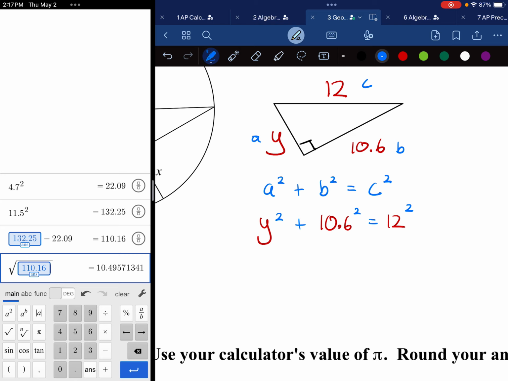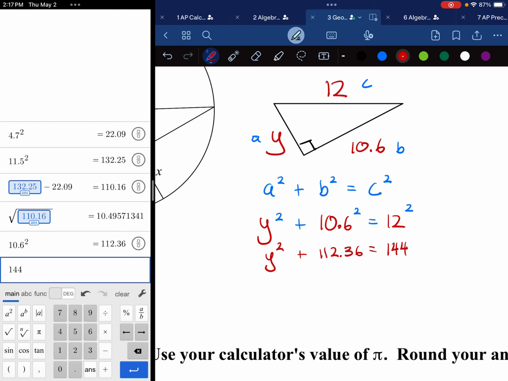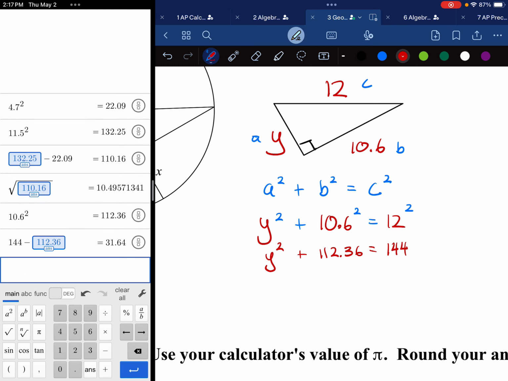And we have a calculator, so I can do this a little bit faster, but I know y squared is still y squared, nice and easy, plus 10.6 squared. Don't know what that is off the top of my head. 10.6 squared is 112.36. It's going to be equal to 12 squared, which I do know off the top of my head, which is 144. And then I have to simply do 144 minus that previous answer. So what I really did here was I subtracted 112.36 on both sides, meaning that you are gone, leaving the y squared, which is equal to this